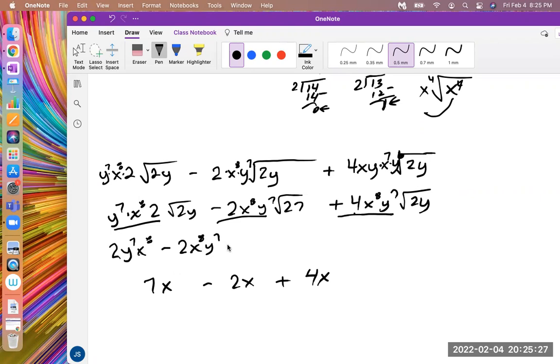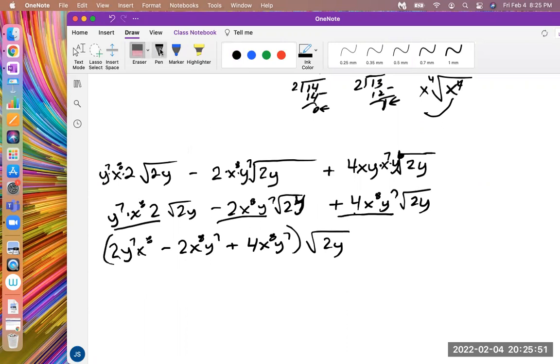So then I add plus 4x y to the 7th. So that's all in the front, and I have all that times 2y. Why did that y look like a 7 here? And see, these are going to cancel because, well,